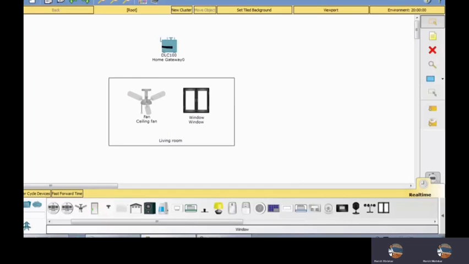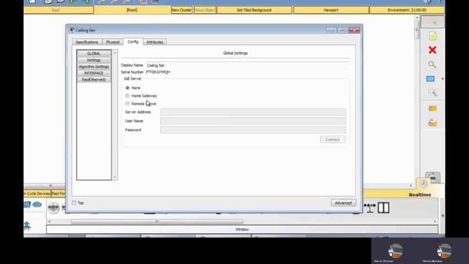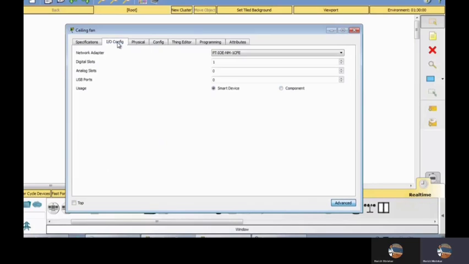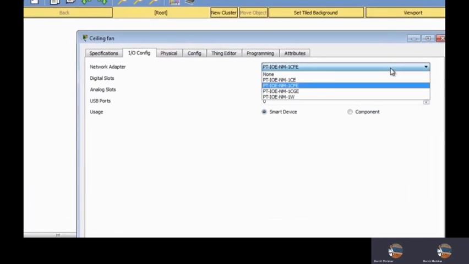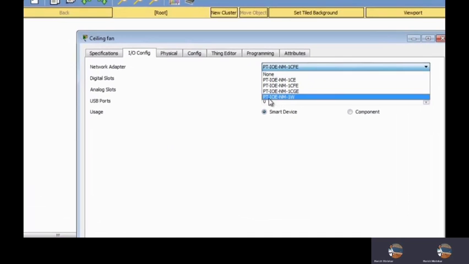Very first I will double click on the fan, and I'll go to the advanced, and here I will check IO config. In the network adapter setting, I'll select the Wi-Fi setting, that is PT-IOE-NM-1W.